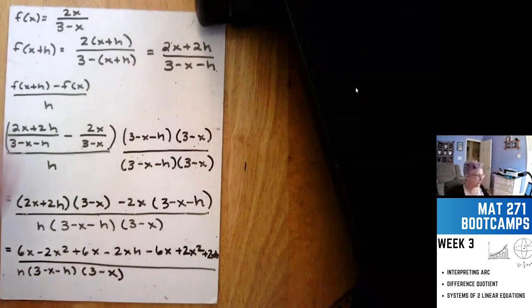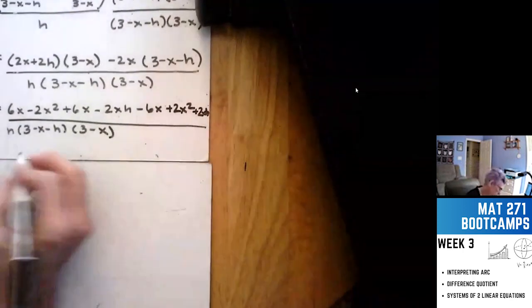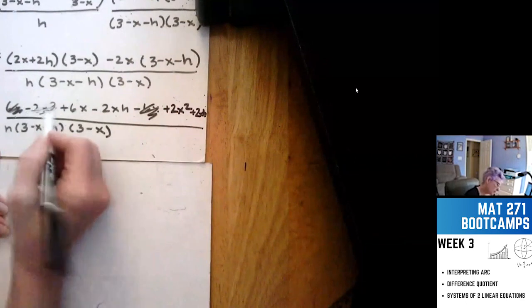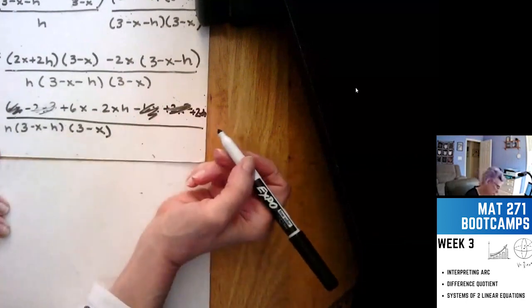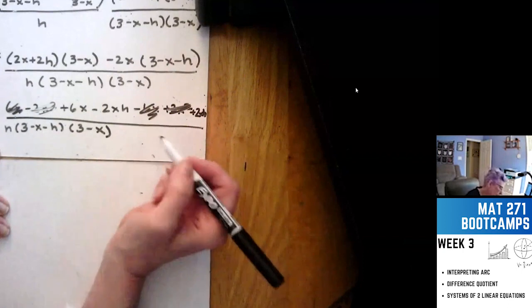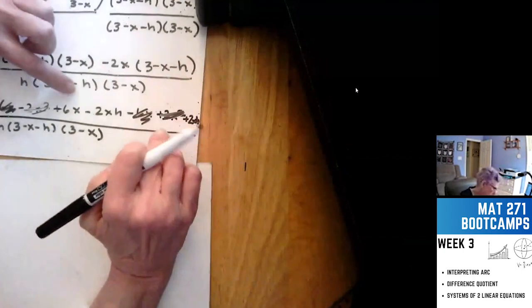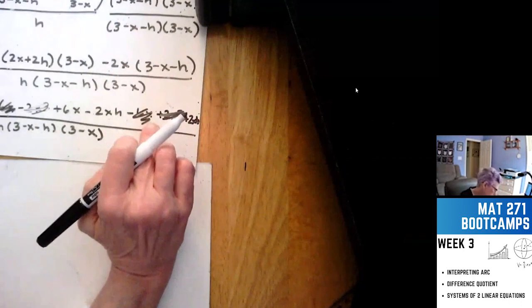Need a clean board. So let's see, 6x minus 6x goes away. Minus 2x squared plus 2x squared goes away. Hey, this is looking good. I have a 6x left up here, and